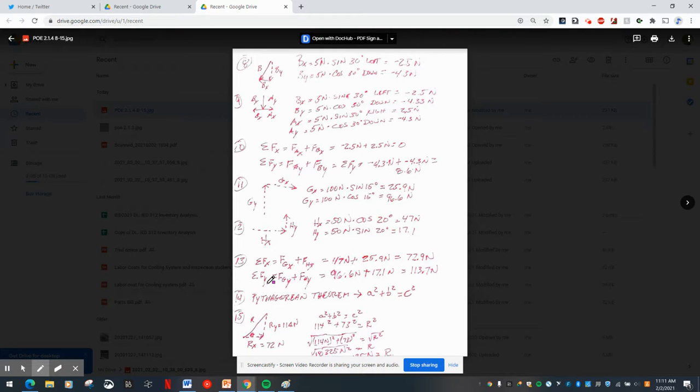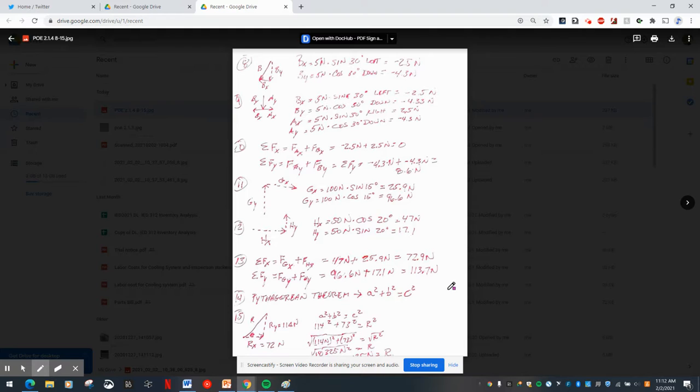The sum of the forces in the y direction is FGY plus FHY, and we have 96.6 newtons, which is GY, and 17.1 newtons, which is HY, and we add those together and we get